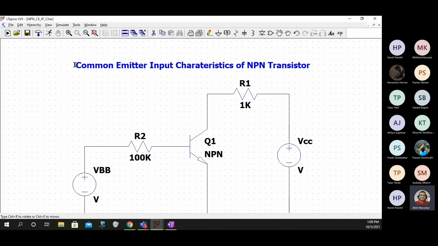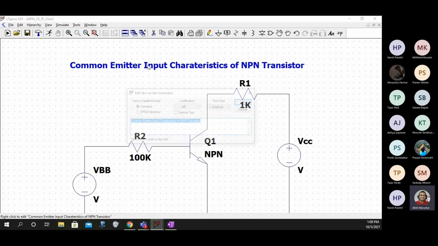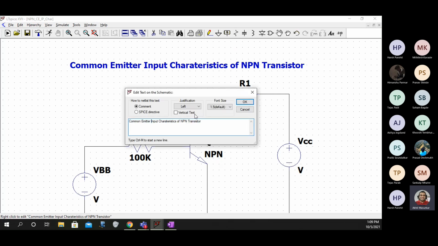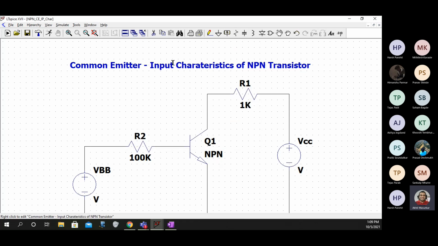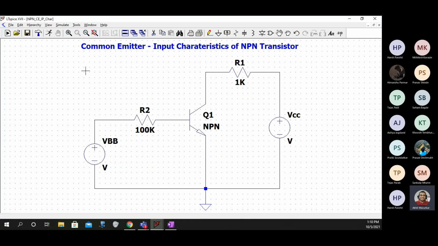What this circuit is about, it's a common emitter input characteristics of NPN transistor. So let's have it this way. Put this circuit in the chat box.